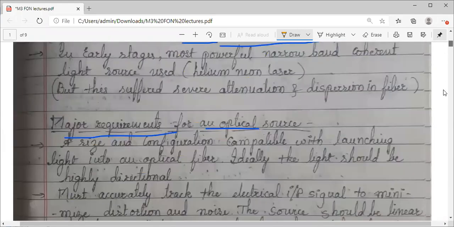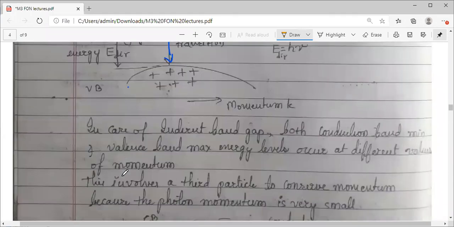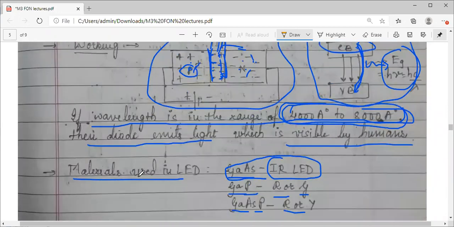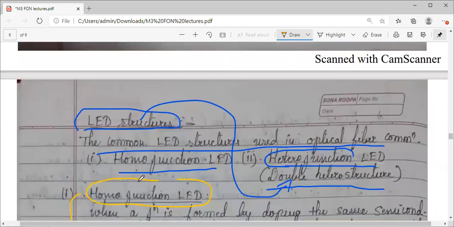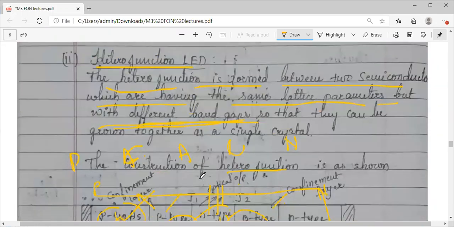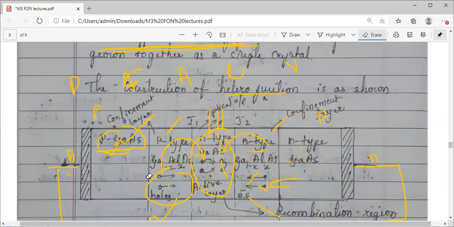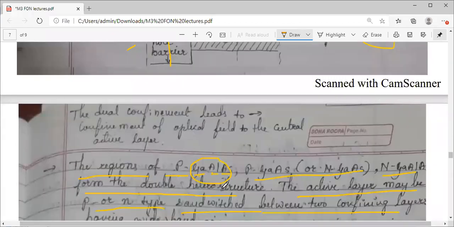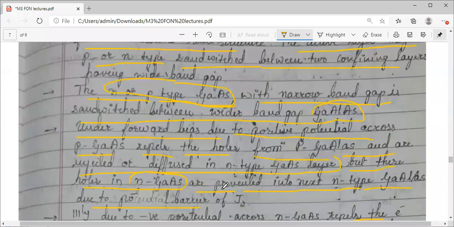So what all we have covered in today's session? The first one, about the basics of LED. Okay, what is an LED symbol? How is the structure? Okay. And then coming to the LED structures, we have seen the heterojunction LED, an important one. It has got 5 layers. Normally, you get a PN junction, P-type and N-type. But here you have a heterojunction structure, 5 different layers with 2 junctions. This is your P-type, this is your N-type. These two are the alloys, and they are the confinement layers. Center one, active layer. We have seen how the structure works in forward bias.